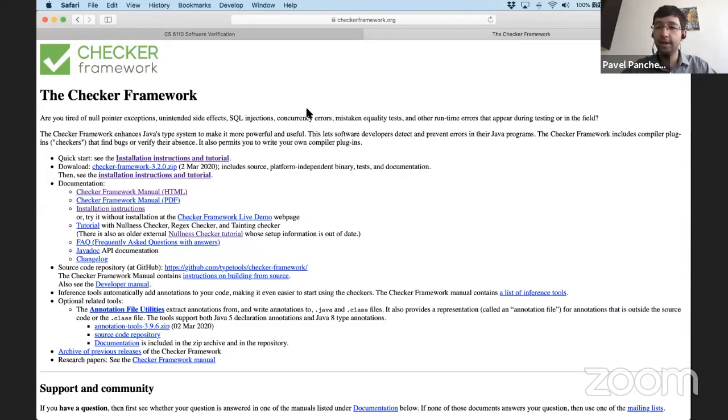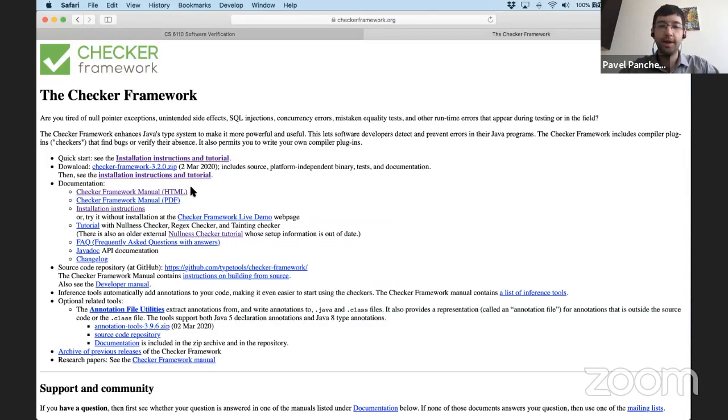It has this idea of specific conditions that it can describe about program variables and program values. It has techniques for flowing those through the program using a join operation on those conditions, transfer functions and refinement functions, as we've discussed. The main innovation of the checker framework is that it applies directly to Java code.